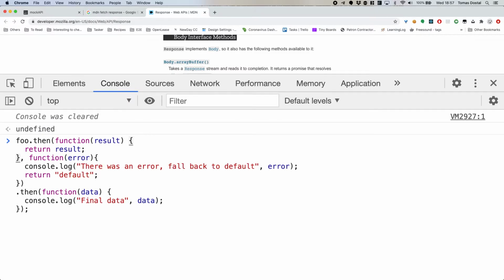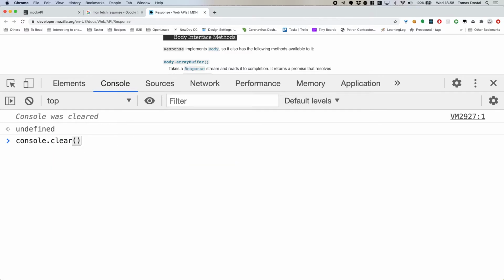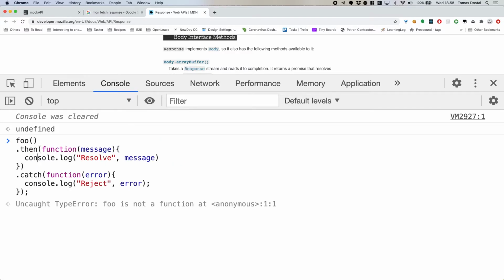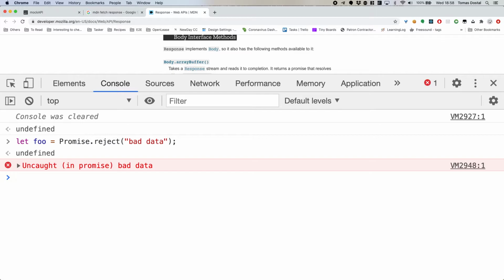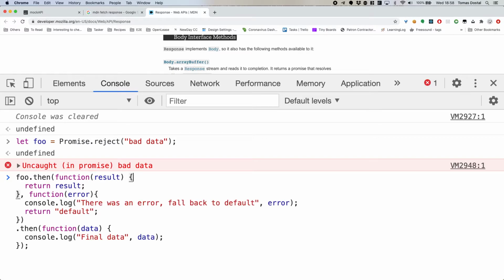So if I have this kind of promise written out, what do you think is going to be the final data? Let me just show you again. So the promise is this, and I will be executing this. So what do you think the result is going to be in the console? What will you see in the console?